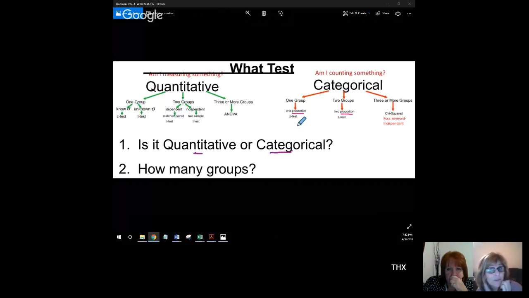Well, because it says for the chi-squared, it says keyword independent. Yeah, I actually added that, but I think that's what it means. Right, it's three or more groups. Just asking,